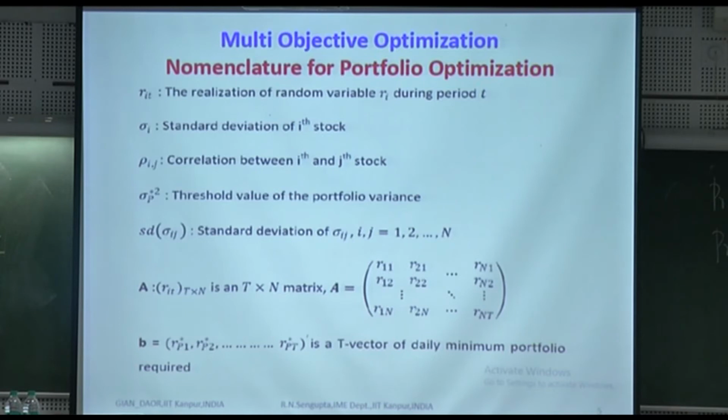So I consider A as the matrix which consists of the returns for each and every stock for each and every day. If you look at the topmost row, the values are R11, R21 till Rn1, which is the return for each stock for the first day. The second row is R12 till Rn2, which is the return of each stock 1 to n for the second day. Similarly, over the whole time frame, the last row is the return for stock 1 to n for the last day.